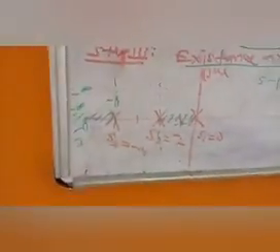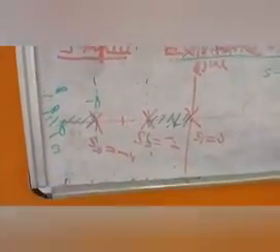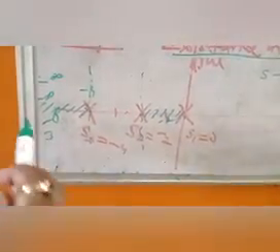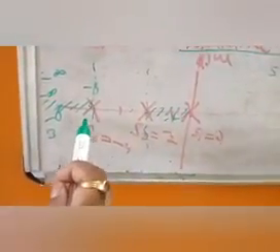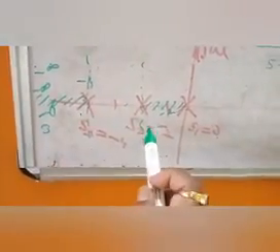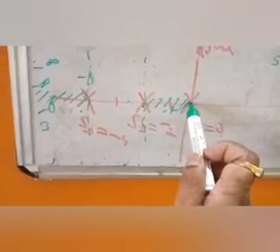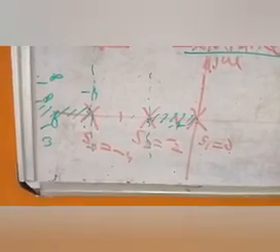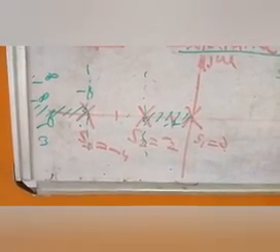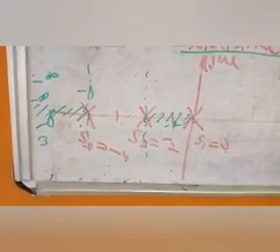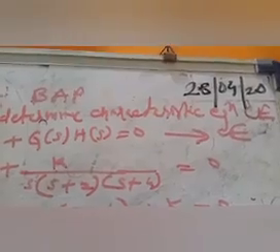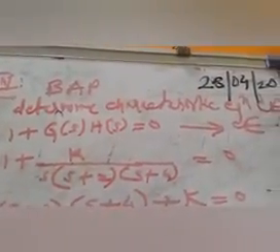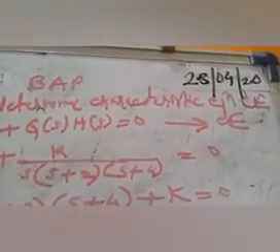अब देखिए clear picture. What is the conclusion? The root locus in this question exists from minus infinity to -4 and -2 to 0. Are you getting this point? This is the final answer for the existence of root locus on real axis. Next step, step number 4, BAP, breakaway point.